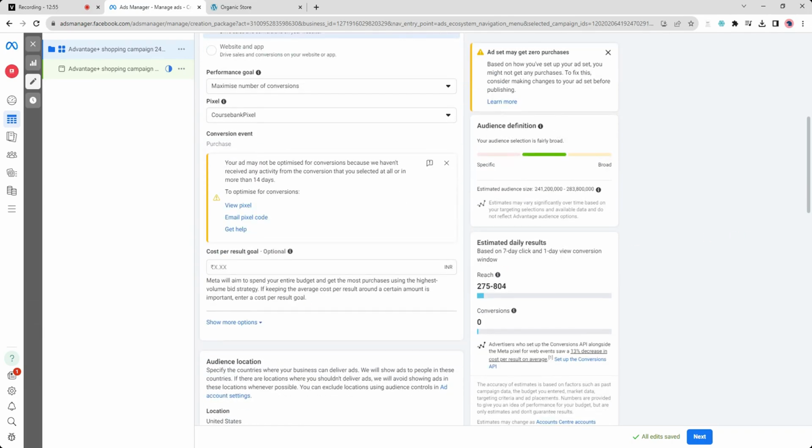Now if in case you want to set a cost per goal, for example, you do not want Facebook to be allowed to spend more than this value for a particular customer or a lead or a conversion, any kind of conversion that you are looking for, in that case, you can put down the amount over here. All right,